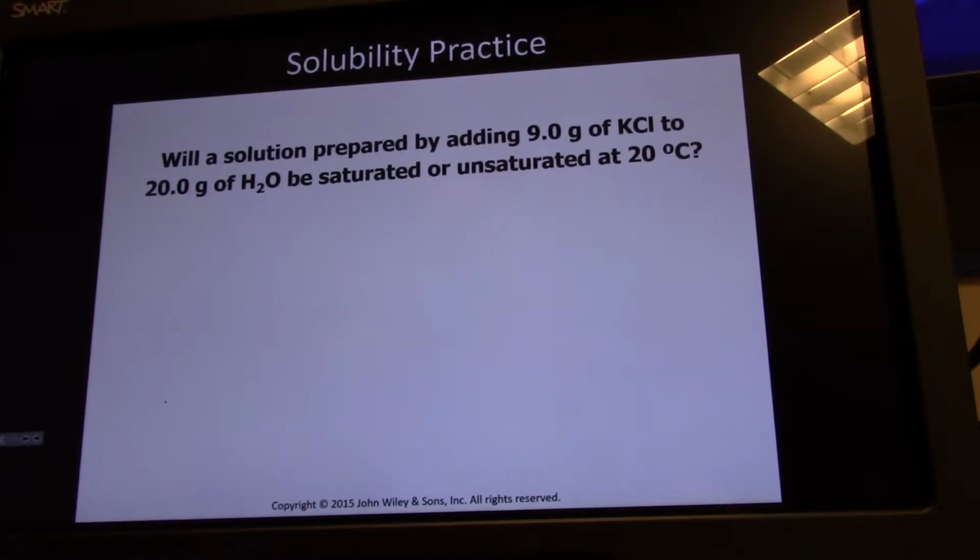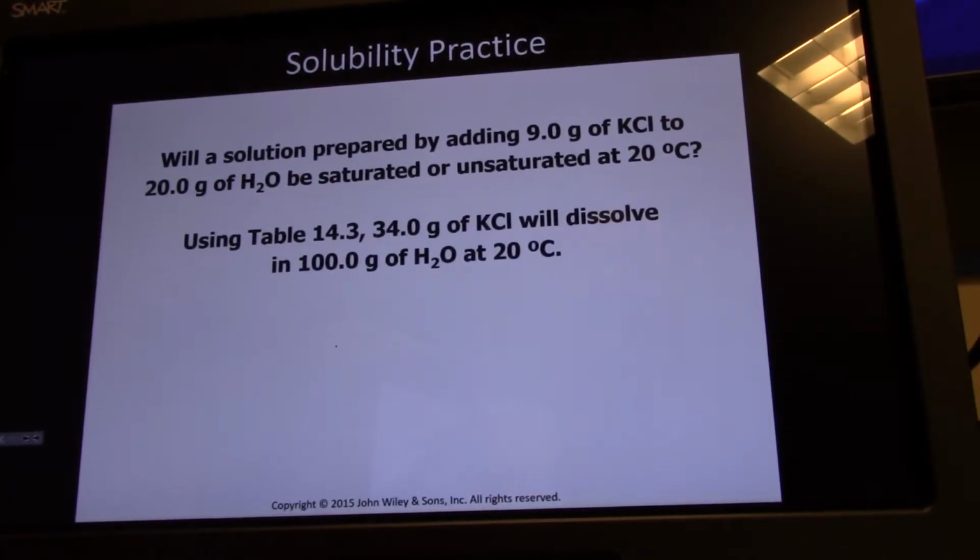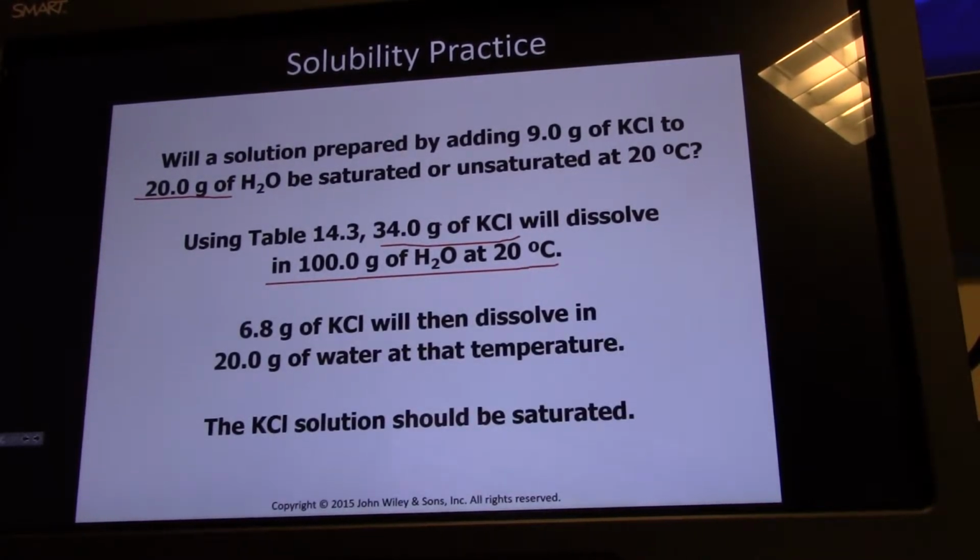Will a solution prepared by adding 9 grams of potassium chloride to 20 grams of water be saturated or unsaturated? Well, 34 grams of potassium chloride dissolves in 100 grams of water. We have 5 times less than that. So what's 34 divided by 5? It'd be like 6 point something. So only 6.8 would dissolve, and then the rest would fall to the bottom of your beaker, and it would